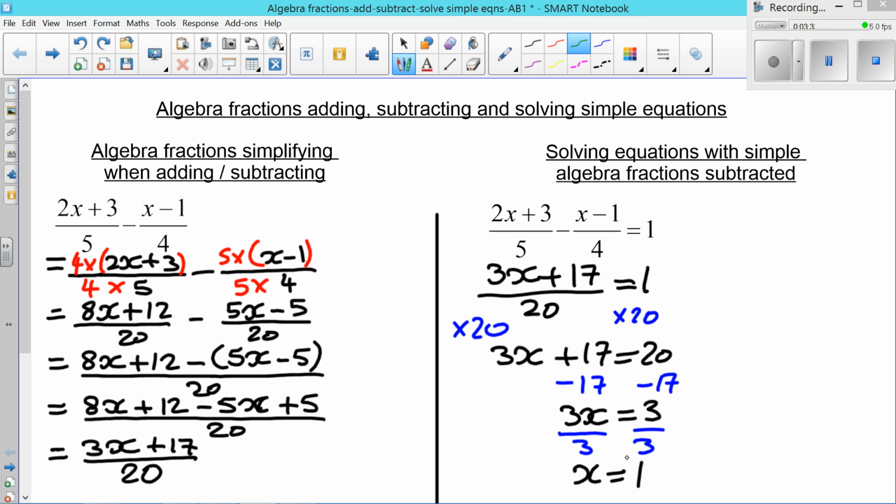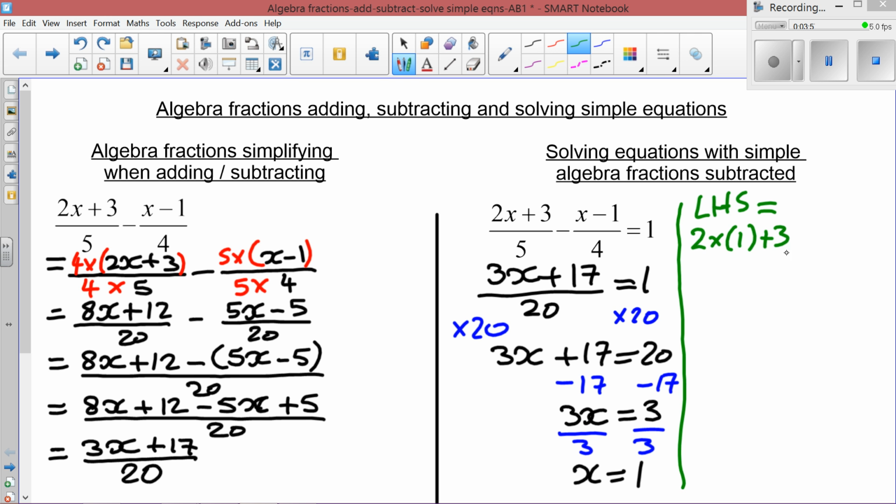To test I have the right solution, I substitute my x equals 1 in the original equation. Wherever x appears, I replace it with 1. So the left hand side equals 2 times the 1 plus 3 over the 5 minus the 1 minus 1 over 4, which equals 2 times 1 is 2 plus 3 over 5 minus 1